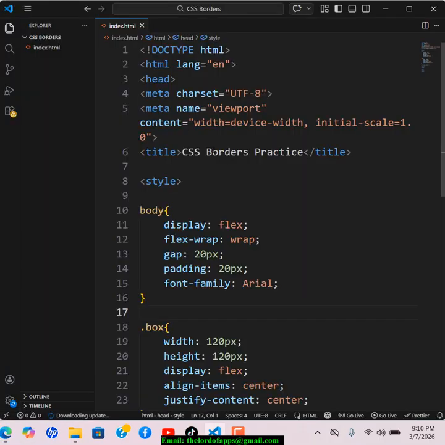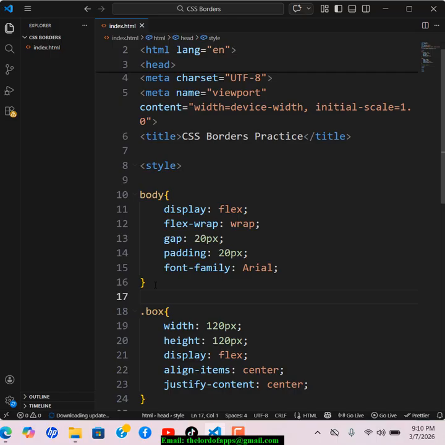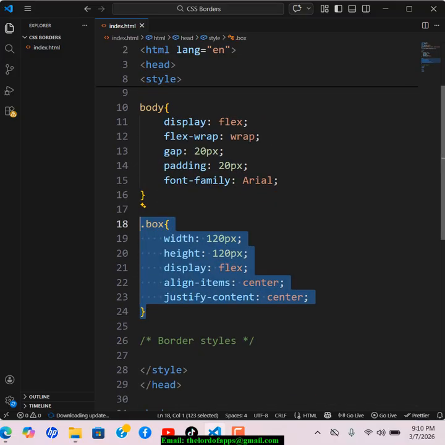So I only have this particular file. First of all, I have a folder that I just called the CSS Borders. If you create that, you can create this file that is just called the index.html. And that's what is being opened right in here, and it's completely empty for now. Now, for us to work with this, I have this boilerplate of the CSS right in here, which